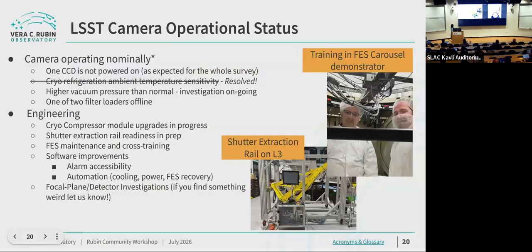And as always, we are increasing our understanding of the focal plane and detectors on the camera. If you happen to stumble across anything weird in images as you're looking through the data, please let us know. We've probably found it, but there's a chance we haven't, and we'll need to identify it and understand it. Next slide,